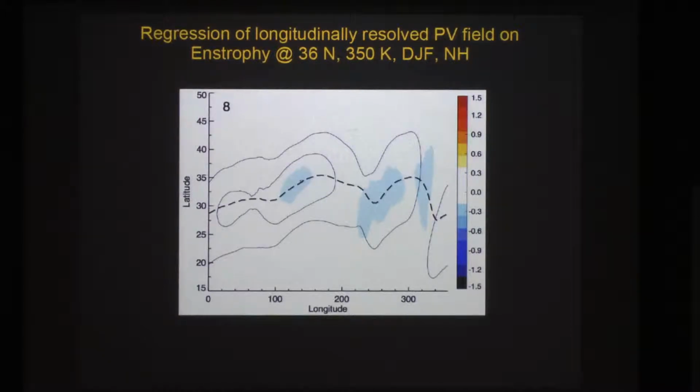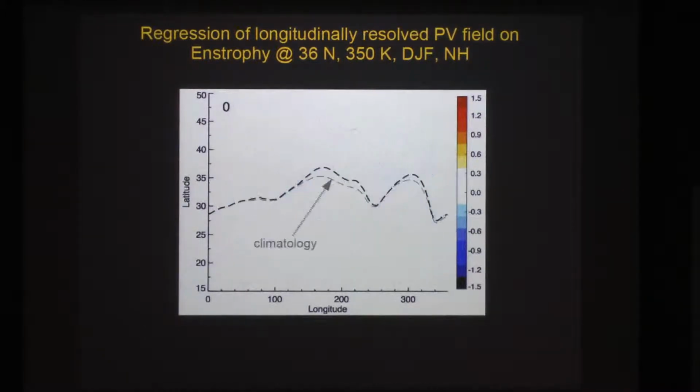But what was crucially happening, which is kind of hard to see, while all of this happened, the climatological pattern, which has a wave 2 in it from the two localized jets, got amplified. The gray line shows my climatology, and the black line is at lag 0. So this is when most of the action happens. And I see in the black line that the amplitude of that wave 2 in the climatology is amplified